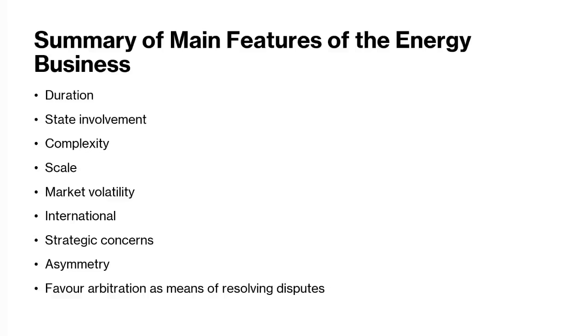Market volatility, we see that at the moment with the oil price. Today, as I understand it, at one point it was $114. It's now down to around 90. So that's all in one day. So you get that kind of volatility. It's very hard to get your contract in place and to keep it stable, which in a way involves defying reality with these commodity prices, which are not always crazy like they are at the moment.